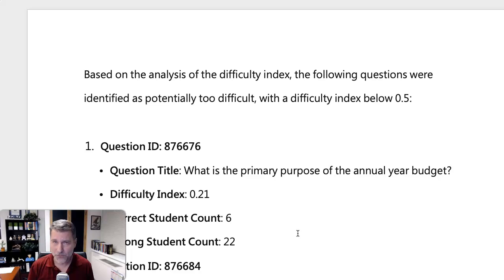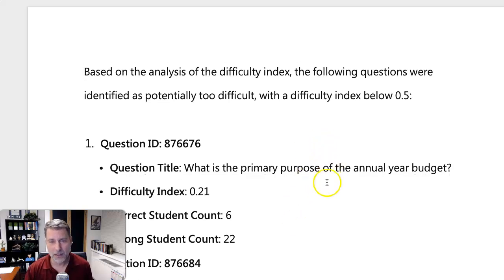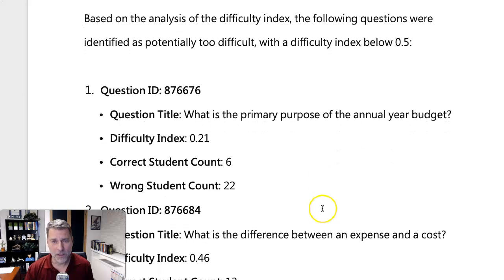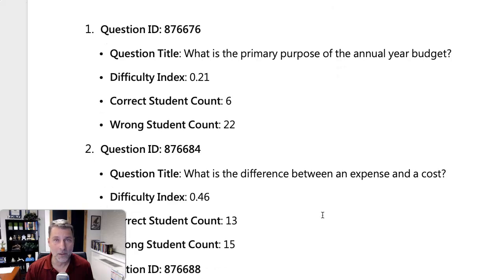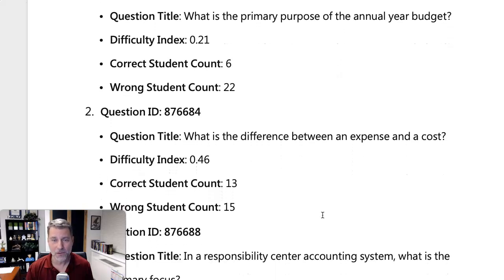I'm going to briefly just scroll through here. If you want, you can pause and look at those questions, and I'll tell you why that will be important right after we're done scrolling here. But again, 7 questions. I did look at the questions to see if they were keyed in incorrectly or wrong. There didn't appear to be any errors there.